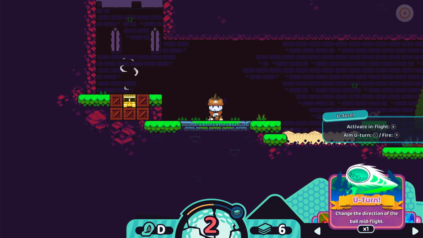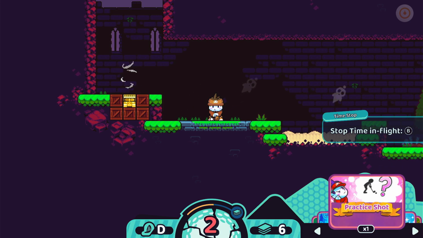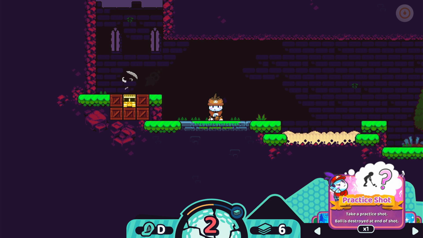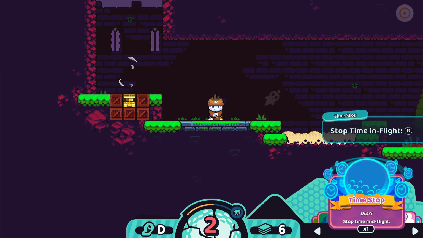You've got a U-turn. You can do a time stop, so you can hit a shot, press B, and the ball will just stop in its tracks in the air and fall to the floor. Quite handy. Practice shot, so you can take a swing, see where it lands, but it doesn't take a shot off your counter. So we've got a few of these, but I think for now we're just going to